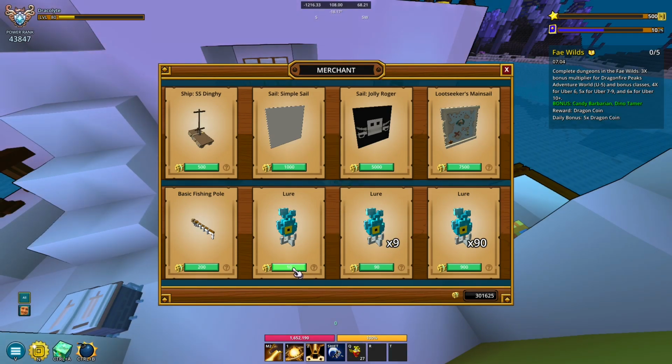As you can see, it's 10 for 1, and then 90 for 9, and then 900 for 90. And there's lots of other things you can buy here as well. These are not going to change very much in the future, but if you don't have them, it's maybe a good idea to buy them now if you don't have them already. I don't know if they are actually going to change, but we're talking lures, so go ahead and